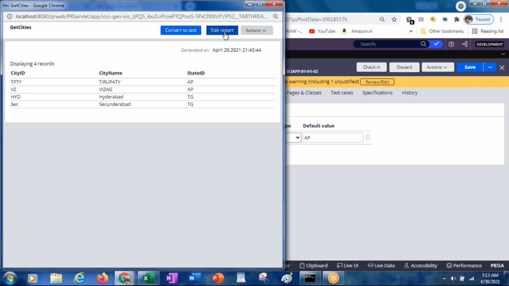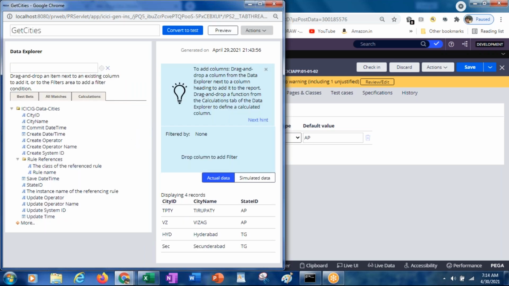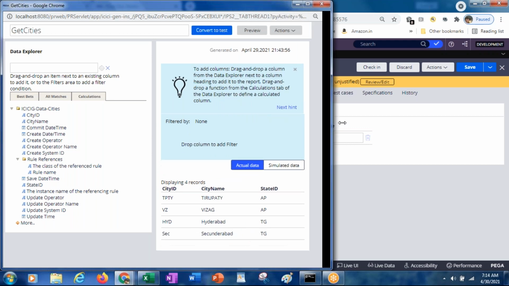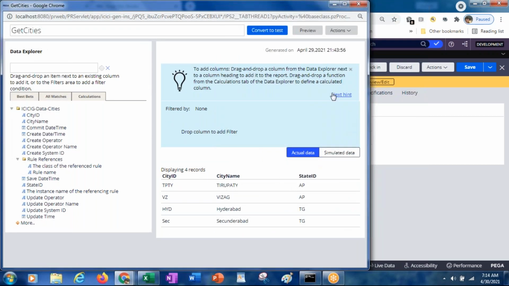Edit report. Data Explorer. Drop column and filter. In this, you can drop the column which is the state ID.